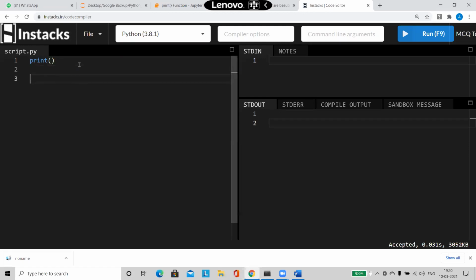Suppose I'm giving like this. See what is going to happen here. Now when I run this, there will be 2 empty lines created. See, line 1 is also empty, line 2 is also empty. So whatever we are going to do further, we'll start from line 3. Suppose let me give a message here. I'm saying print, I'm saying hi. Now when I run this, see where that hi is going to get printed. It's going to get printed in the third line. See, every empty print statement is going to produce an empty line. That's the first point you have to remember.